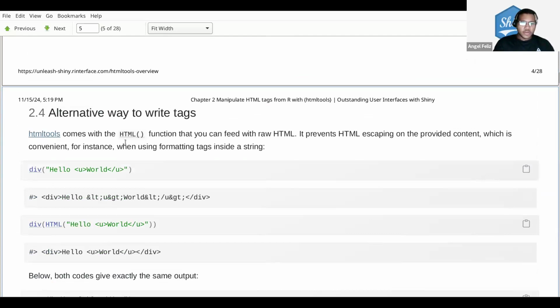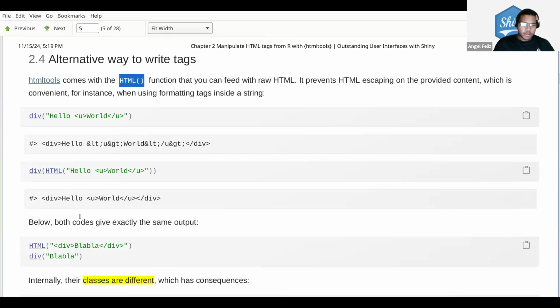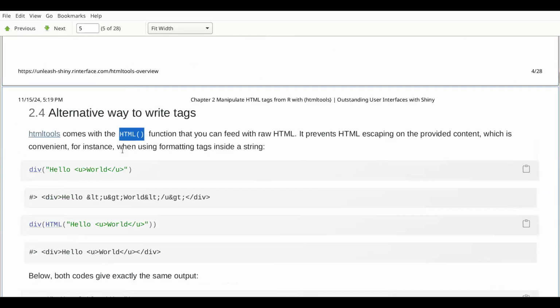They explain that you can also write HTML directly using the function HTML, but they really say